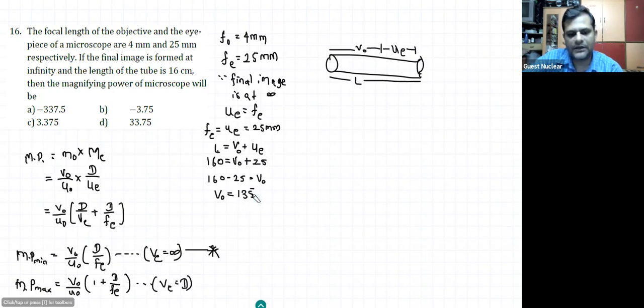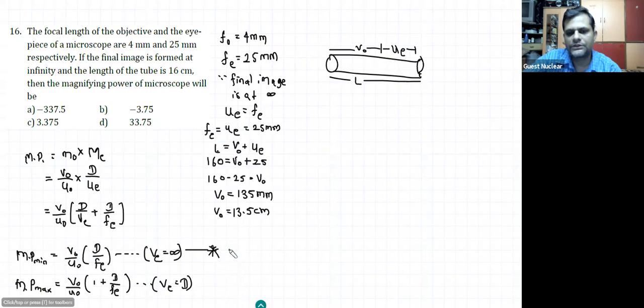135. But don't forget again, it is in millimeter. In millimeter. If you want it in centimeter, we can express it in centimeter also, just by shifting one decimal point, one digit to the left side. So we can get it as 13.5 centimeter, no problem. So VO is going to be 13.5 centimeter and FO is already given. See it here, this is the 4 millimeter. It is the value of FO. So using this VO and FO, you can find out UO, which is required here for finding the